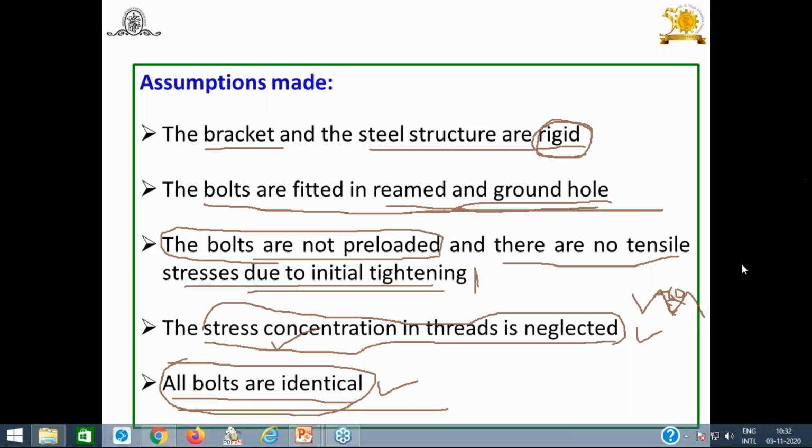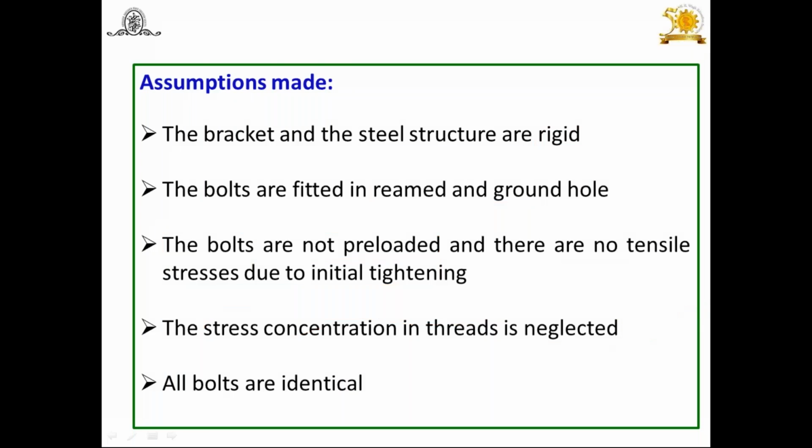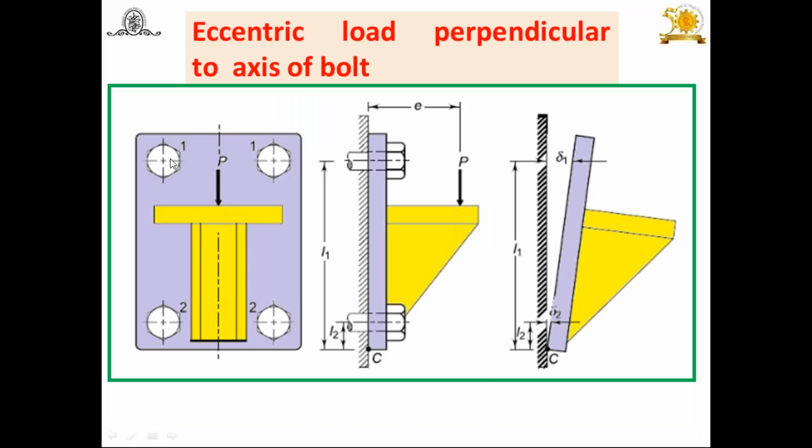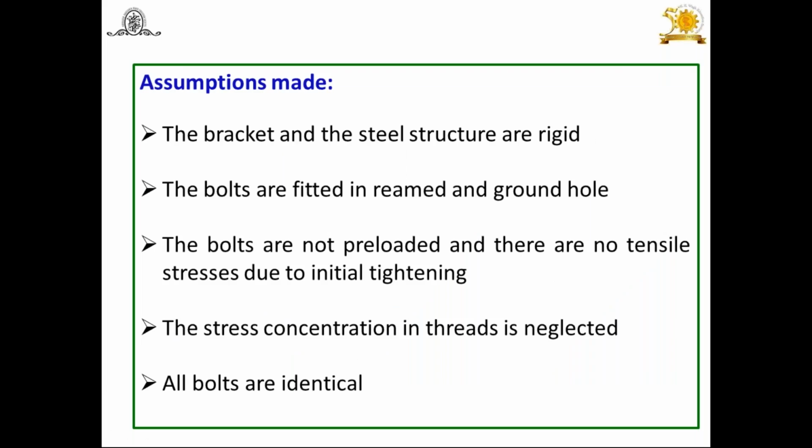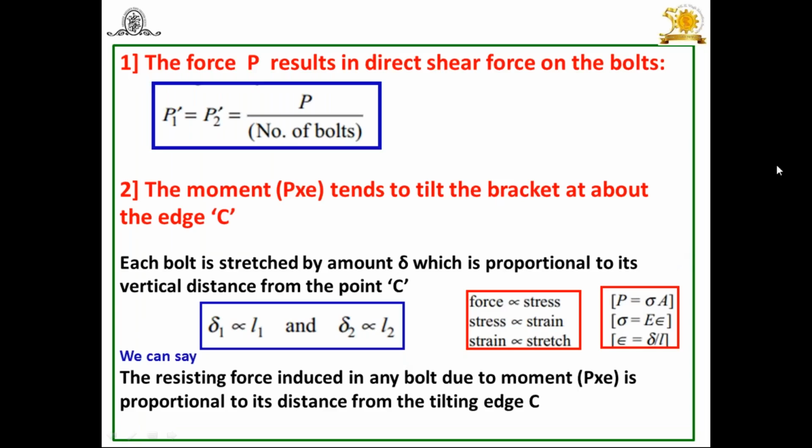Otherwise what would happen? For each case, you have to go for different aspects. Look at this. There are bolts at position 1, 2, 3, 4. All these 4 bolts are identical. We're trying to understand, otherwise their sizes are going to vary. That's why, to carry out the analysis in a simple way, we have to assume all bolts are identical. This is the last assumption in the analysis of this case. This is about the assumption, and based on this assumption, we are going to find out the